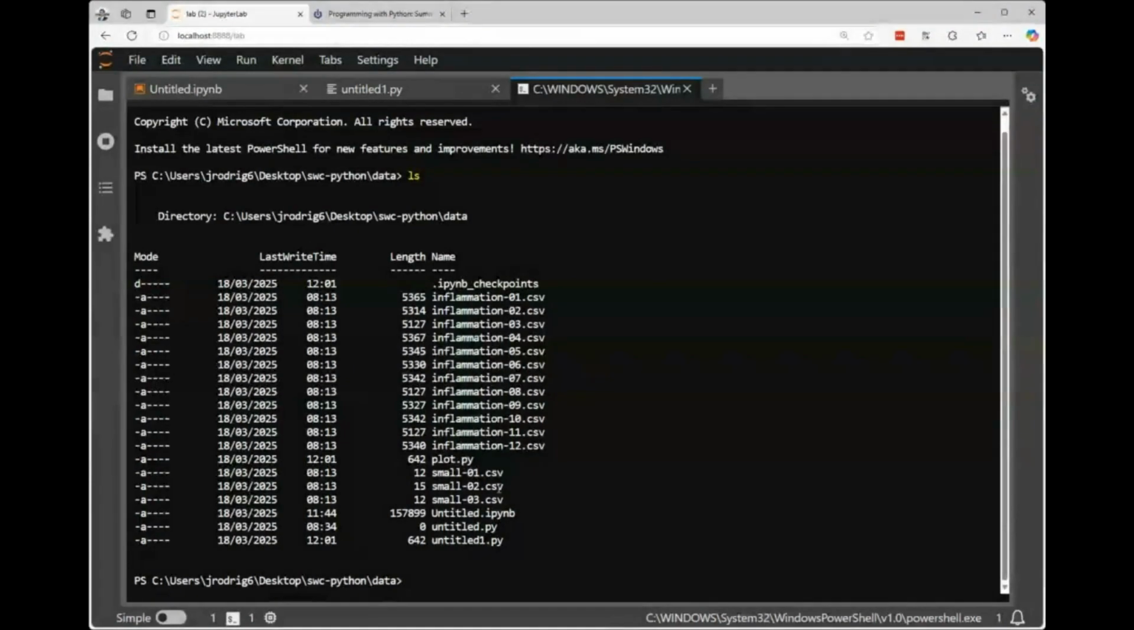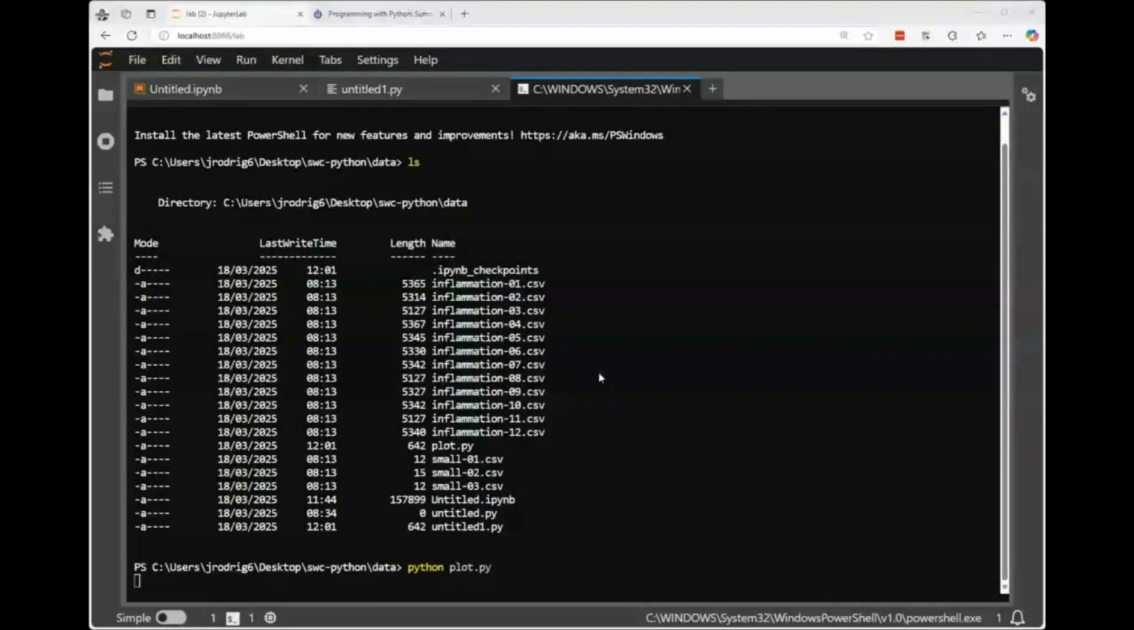So I have a file called plot.py. The way of running that, if I do python plot.py, it should work. And you don't see the, okay, give me a second, because what I will do,